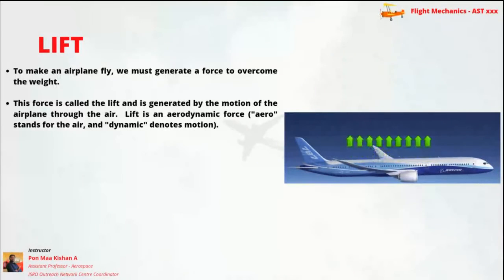So that's what I'm trying to say. If 90% of lift is produced by the wing, and the fuselage is contributing, let's say 1%, anyhow the contribution is there. When we are using thrust vectoring in the aircraft, we can control the motion of the aircraft even with vertical takeoff or vertical descent. So in vertical takeoff, if we are using thrust vectoring or wing tilting, then the wing is not producing.